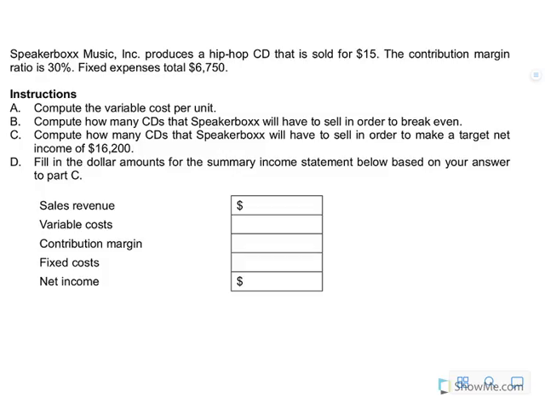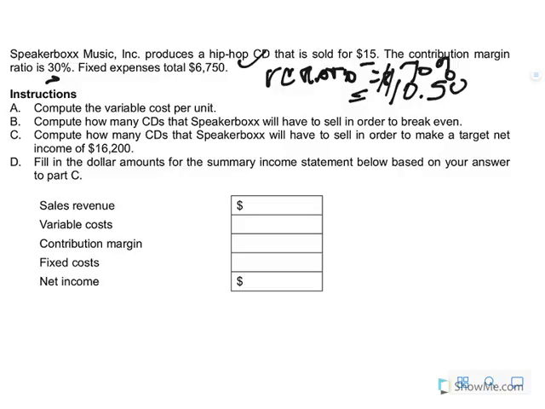Speaker Box Music Inc. produces hip-hop CDs that sell for 15. Contribution margin ratio is 30%. Fixed expenses total 6,750. Compute the variable cost per unit. Well, if the contribution margin ratio is 30%, then the variable cost ratio would be equal to 70% of selling price. And 70% of $15 is $10.50. So the answer, compute the variable cost per unit. The variable cost per unit is